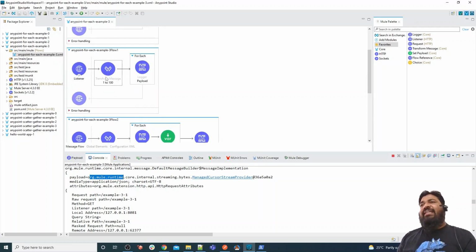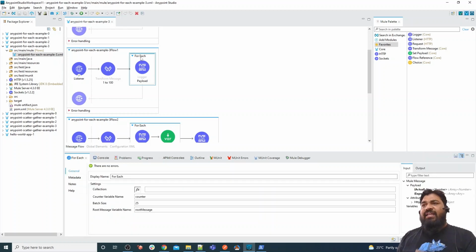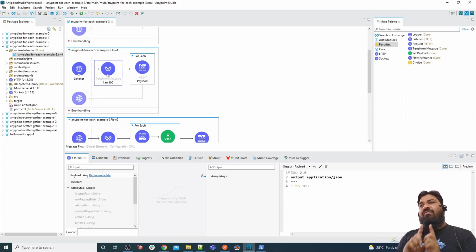Example 2 shows one more thing inside the for each, which is batch size. For example, suppose we have records from 1 to 100. We are going to iterate the records from 1 to 100, but we can iterate them in a batch size.